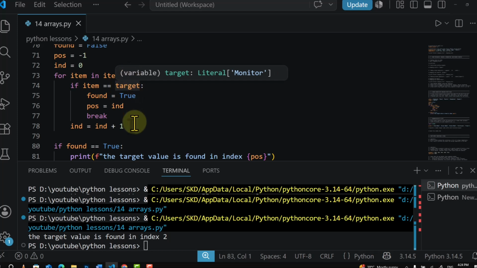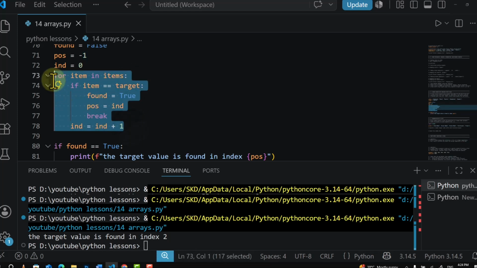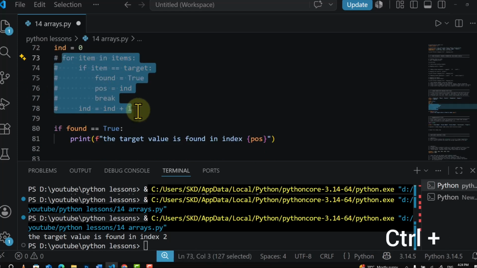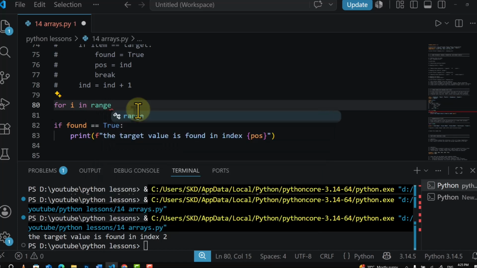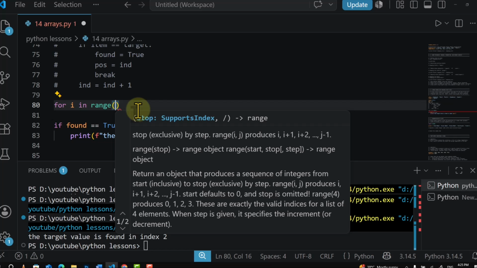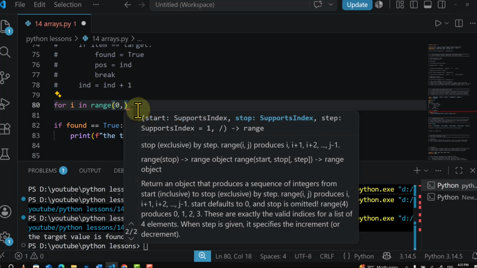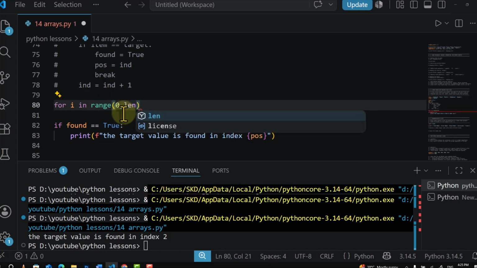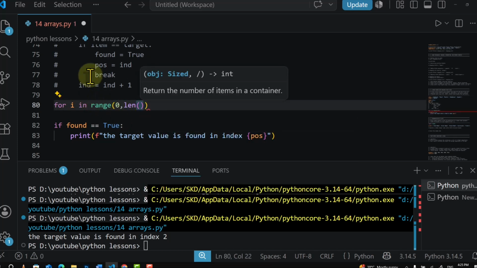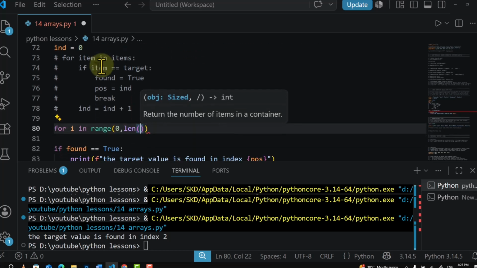You can use range as well there. Instead of this, you can write another type of code as well. In programming we are not looking for exactly one way you have to write this; you have to just find a solution for that. So for i in range, this range has to start from 0. What has to be the end value there? The end value has to be len of these items,